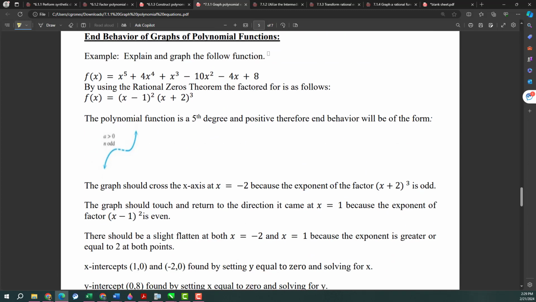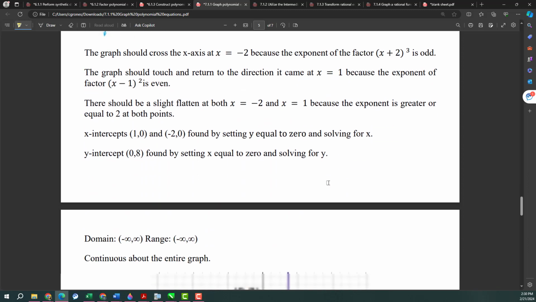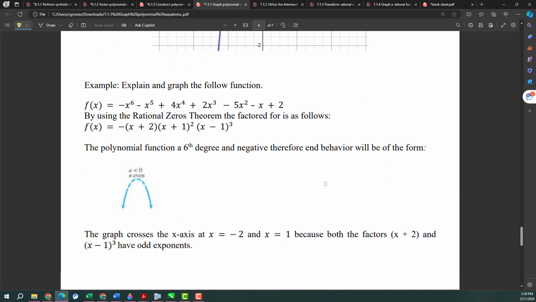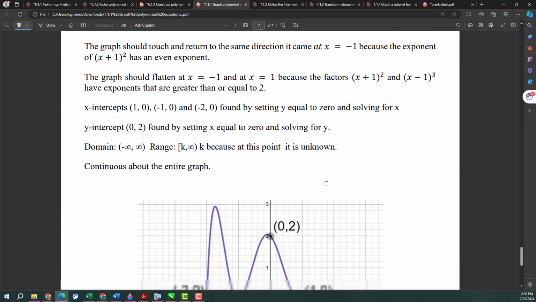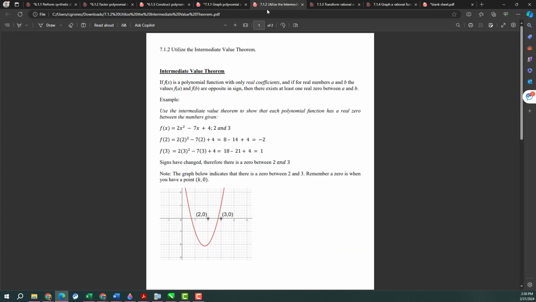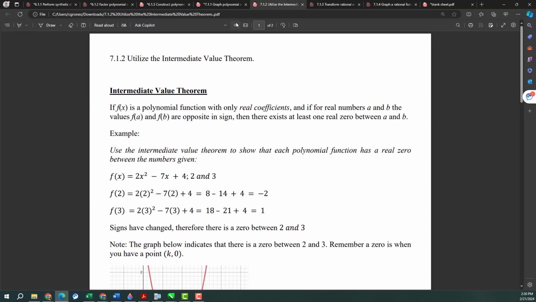And then in behavior of graphs of polynomial functions, there is an example. We have the polynomial function, and then we have it factored. And it just talks about this polynomial, so you can look at that. The graph, and another example at the end. For 7.2,